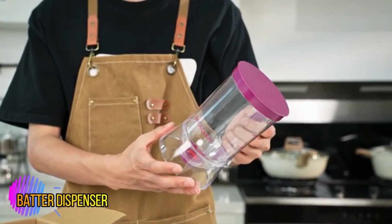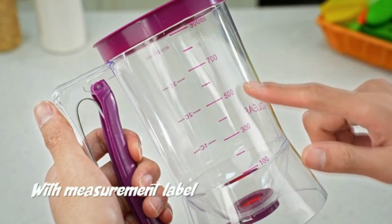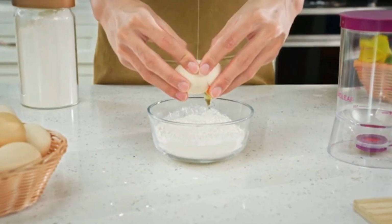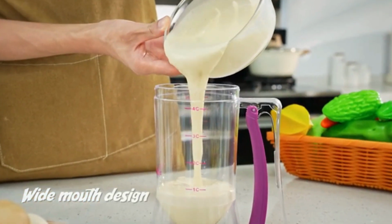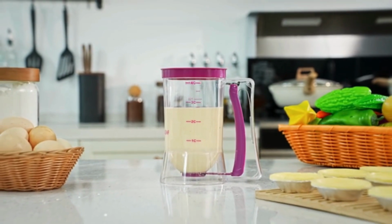Batter dispenser. Sturdy and unbreakable. Ibeo batter dispenser is newly upgraded to sturdy and drop-resistant ABS material, so you don't have to worry about using it a few times before it is damaged. Don't have to worry about it being broken due to transportation, and don't have to worry about the dispenser falling